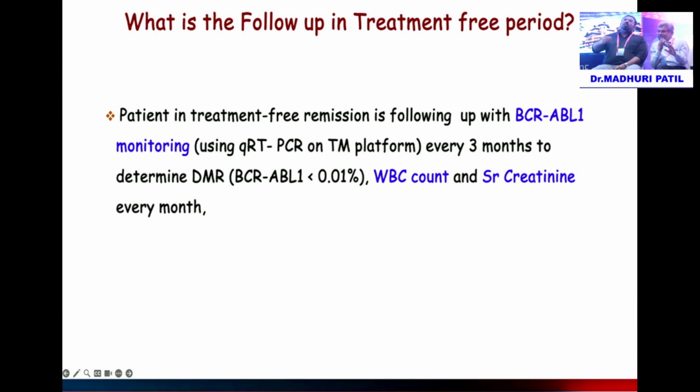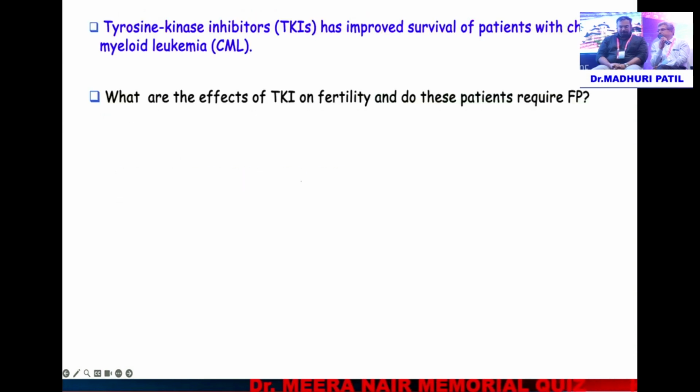But in practice, many times they come with the pregnancy and complete it, even though we don't advocate pregnancy while on treatment. It's a slightly teratogenic drug and there is metabolic strain. But in RCC experience, they say every year 2 or 3 pregnancies occur and not much effect is seen in that. But I think it has been shown that the tyrosine kinase inhibitors, though they don't decrease the ovarian reserve, do have an effect, and they say that it can cause abnormalities in the oocyte as well as the sperms, and they also increase the risk of miscarriage.